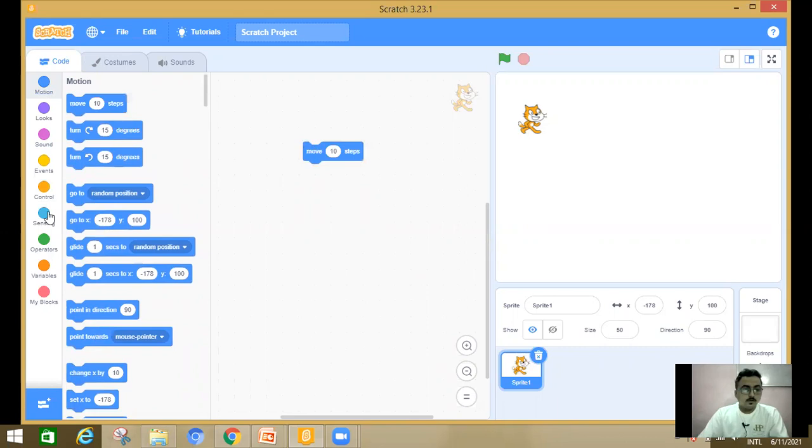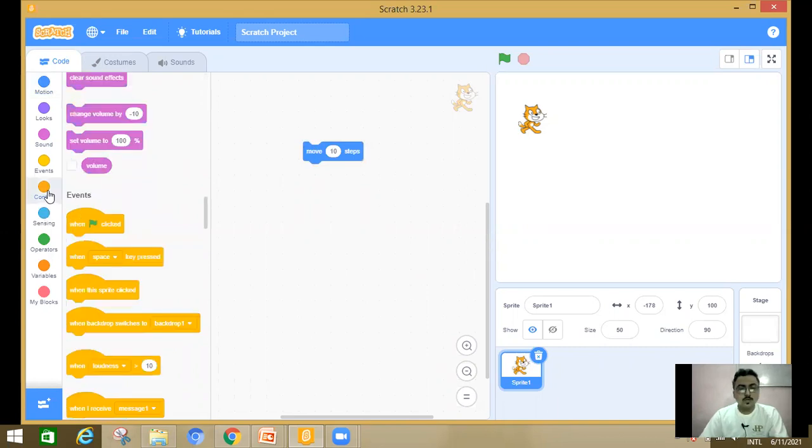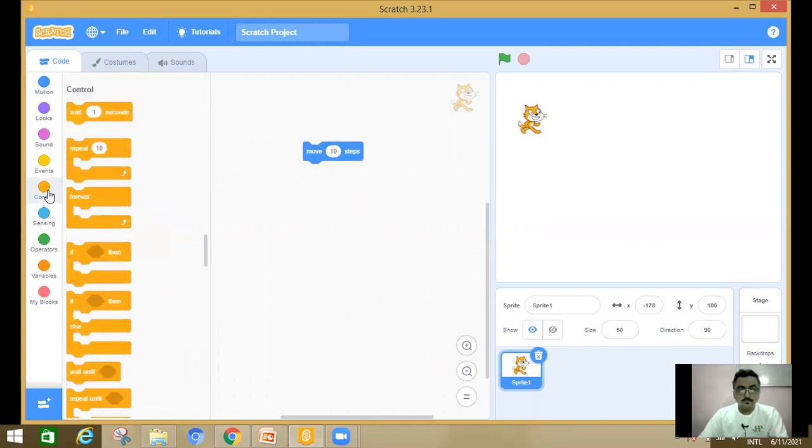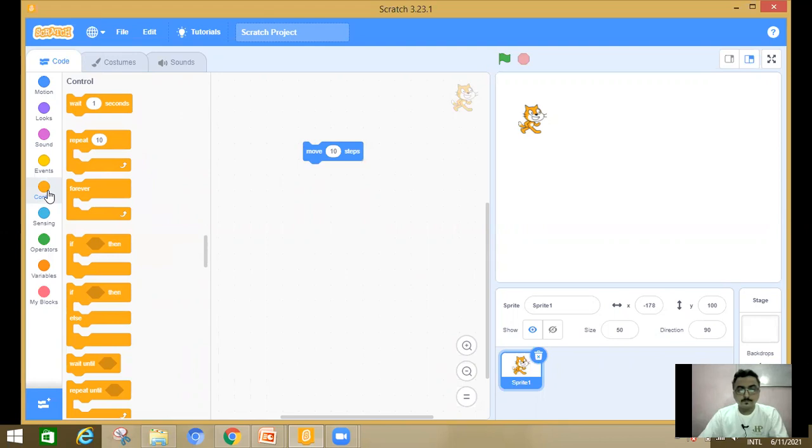Now I'm going to choose the control if condition. So I have taken the if condition. Now I have to give some criteria. So what is the criteria?